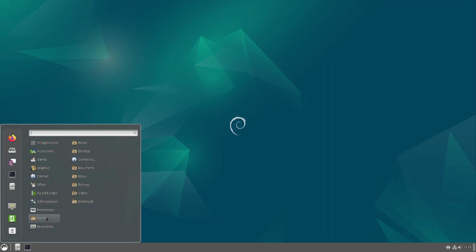Places is there. It is a quick way to access your home folder, desktop, documents, music, pictures, videos, and downloads. And the recent files are right now. There won't be any recent documents because we have booted for the first time. Now let us check out the